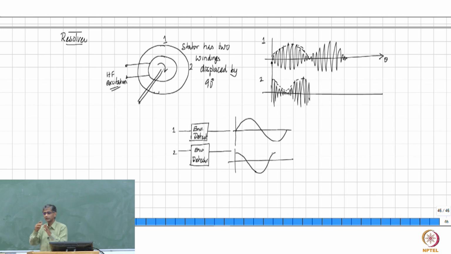Stator winding is like a normal AC machine, it will be a distributed arrangement. Right? So here, if you know the amplitudes of the envelopes, then at any given angle of the rotor, this would have an amplitude equal to A sin theta, and this will have an amplitude A cos theta. Let us say these are y1 and y2, then the angle can be determined as inverse tan of y1 by y2 at any given instant.